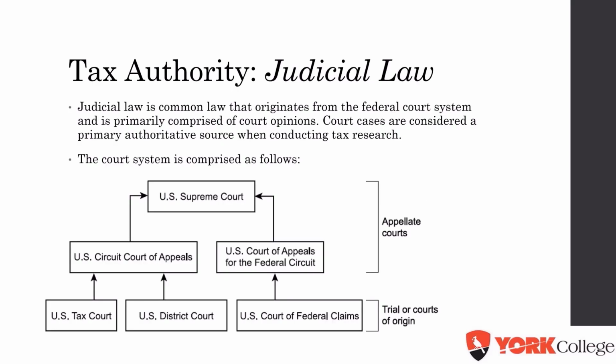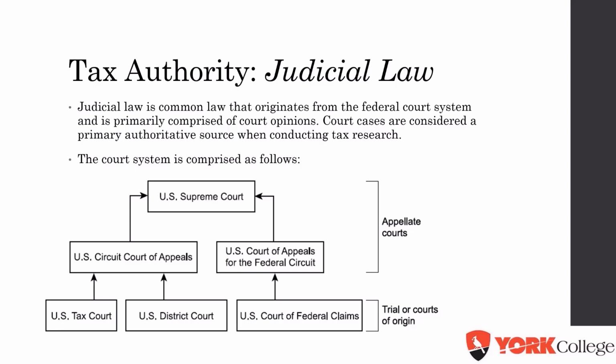So, lastly, judicial law refers to common law that originates from the federal court system, and it's primarily comprised of opinions. So what happens is, as the IRC got passed, and the federal government pretty much laid out all of the rules and provisions that govern, like the definitions of how a tax is defined, and the procedures, and then the IRS fleshes that out in a more detailed way. The judicial branch is the one that